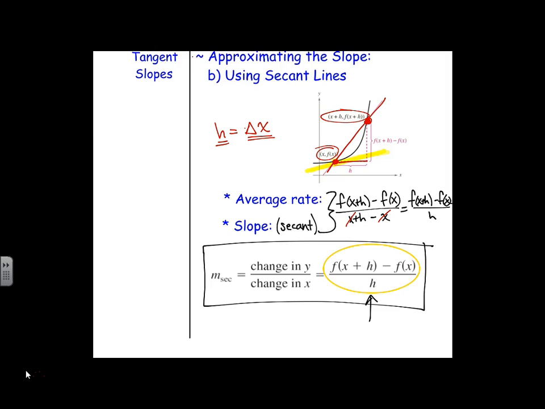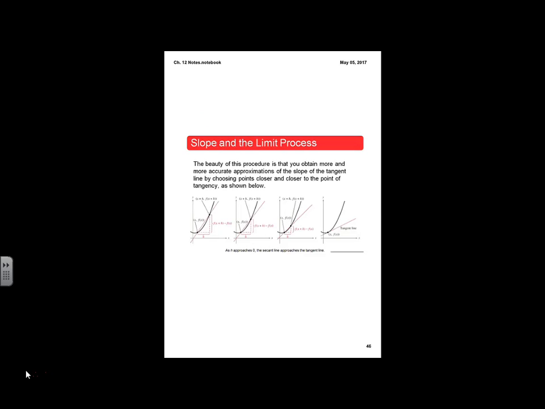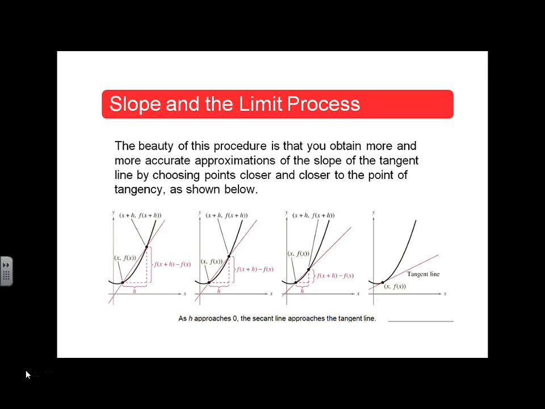What was written in front of the f of x plus h minus f of x over h? Oh, there's a limit. Well, why would we be taking a limit of a secant line slope? Why are we taking a limit of the difference quotient? Now, you don't have to write this. But the reason that we would be taking the limit of the difference quotient is because